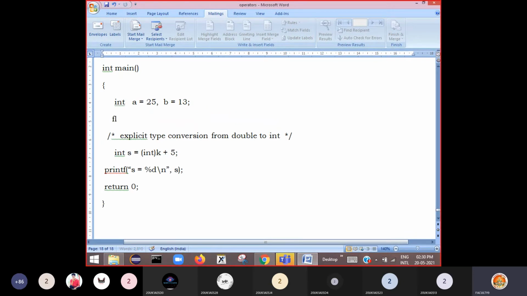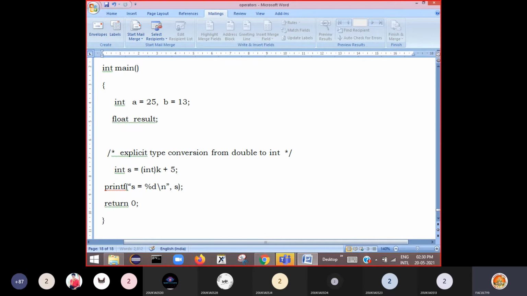Then I am declaring a variable of type float, say float result. Assume that a variable called result I am declaring here. Then I say result is equal to a by b.